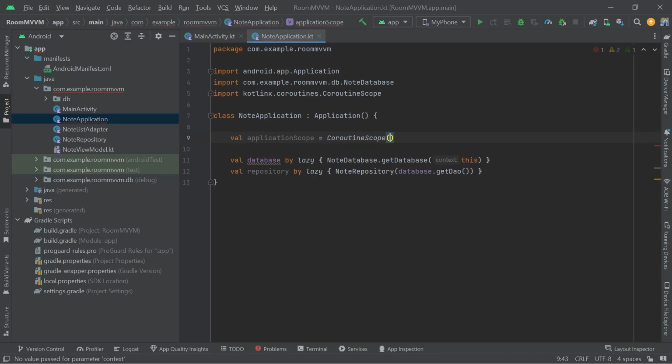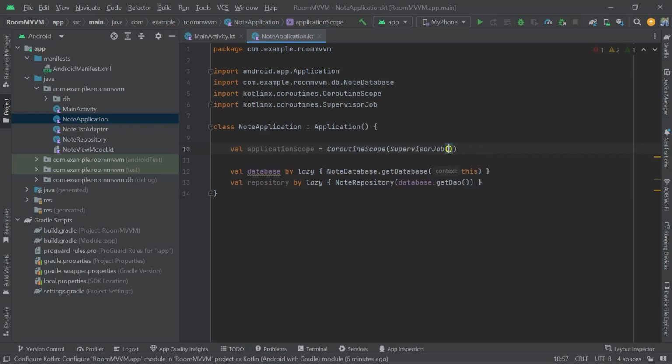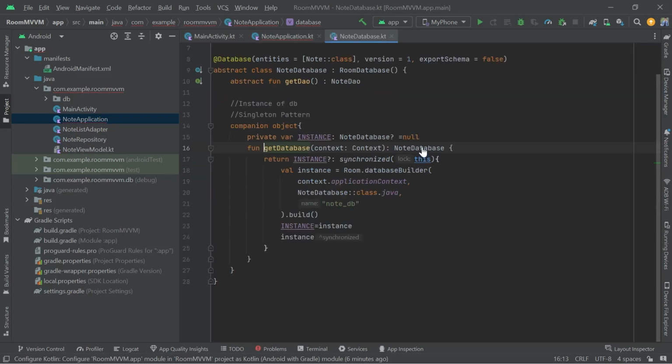Coroutine scope, and inside this, what we have to pass? We have to pass here SupervisorJob, and that's it. And here we are going to pass this application scope inside of our getDatabase method. So here pass application scope, and inside of our getDatabase method, take this as a parameter,